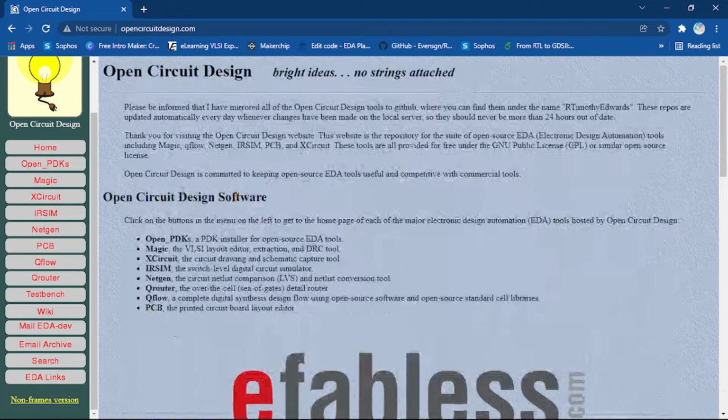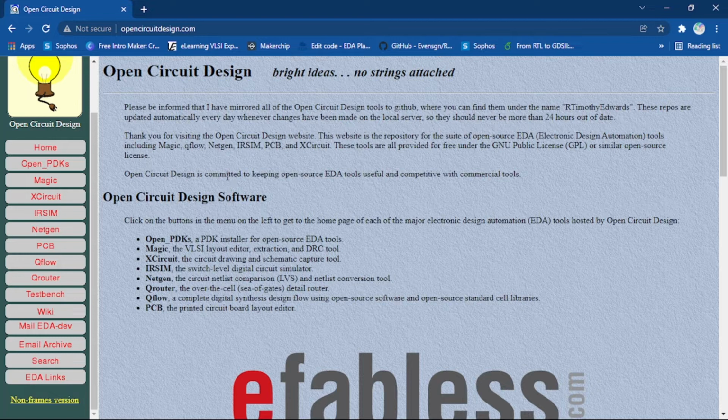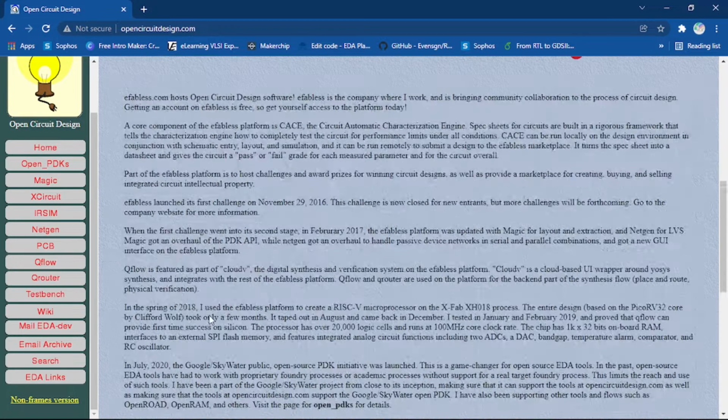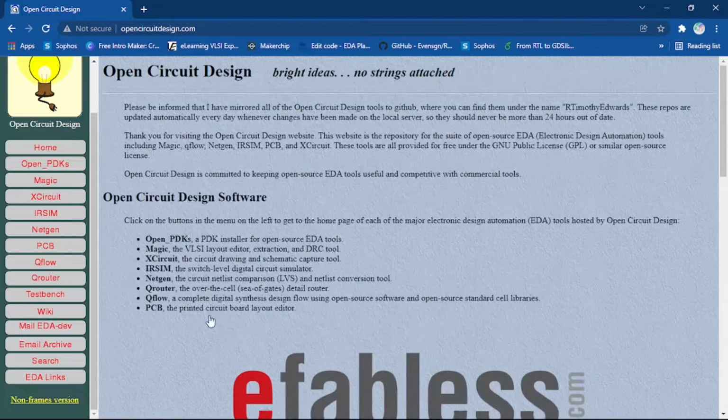So first of all, if you look here, it is a repository, right? And it is a repository by the team. If you see this name, team@opencircuitdesign.com, this is the person who has made this website. Basically Timothy is his name. I was also in contact with him through mails when I had first started doing this. Whatever knowledge I have gathered through the mails and how I download these things, I would like to show here.